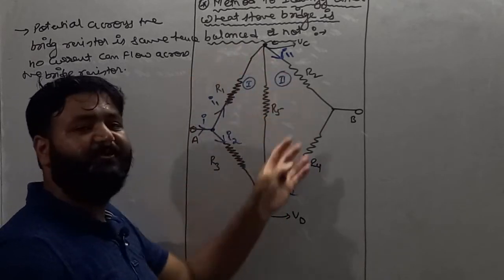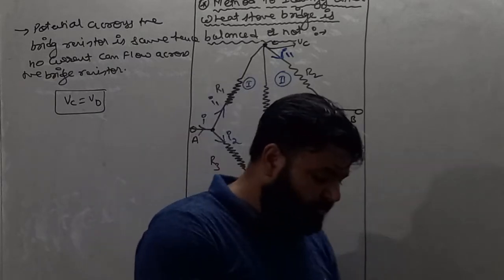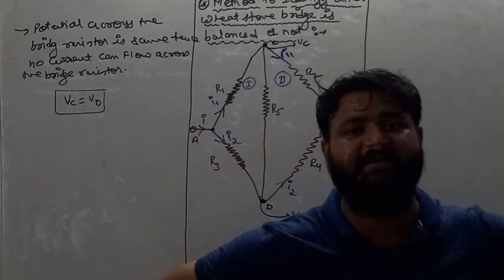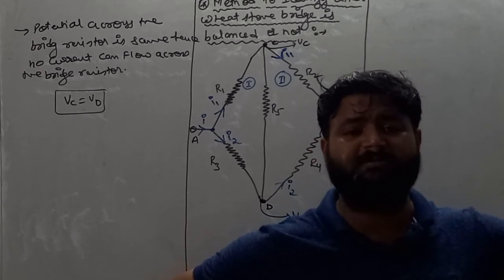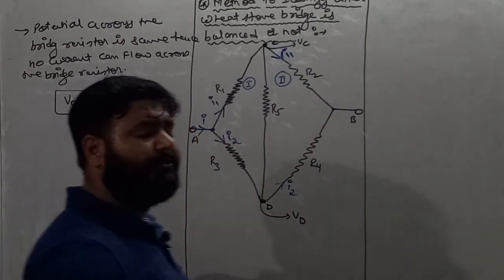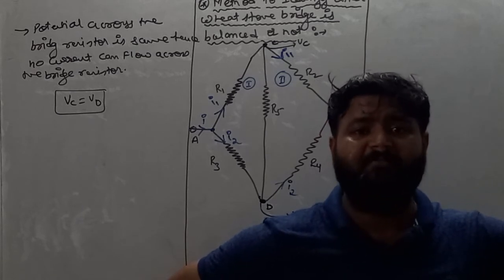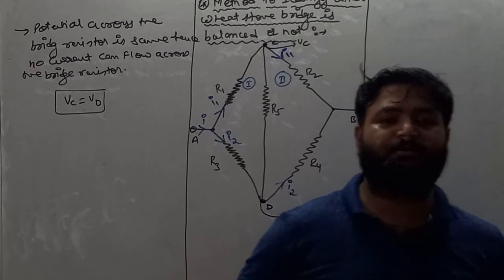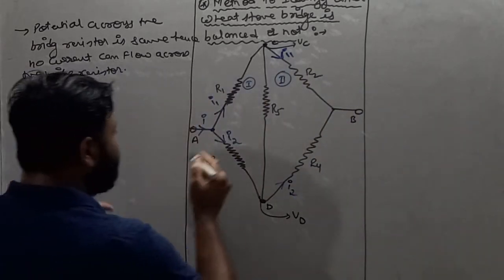If current is flowing in this circuit, then we can apply Kirchhoff's second law, because if current is flowing in any circuit, then the loop is completed, or we can say the circuit is closed. In that case we are capable of applying Kirchhoff's second law, and we all know about it. Kirchhoff's second law says the sum of potential differences across every circuit element in a closed circuit must be equal to, dear student, 0. So check it out.